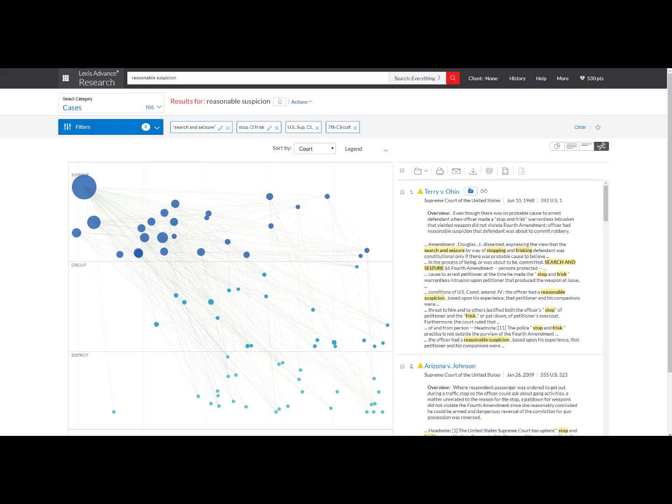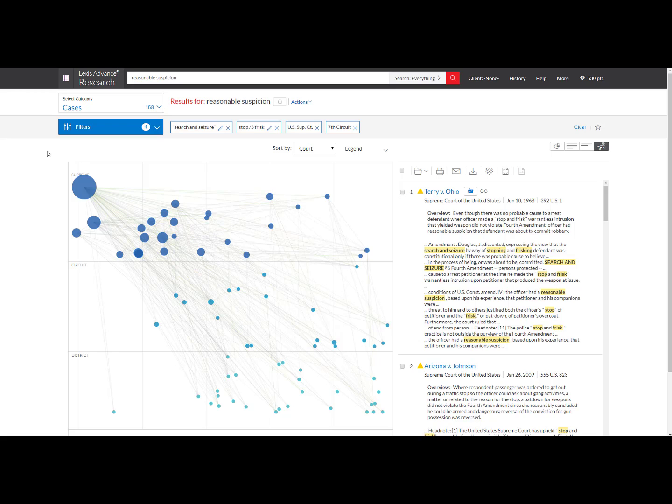We can see how current the case is, as older cases are on the left and newer cases are on the right. We can also see the hierarchy of the courts as well. Lower courts are on the bottom and higher courts are at the top. So, to find the most influential case, or the case most often cited to by other courts, we look for